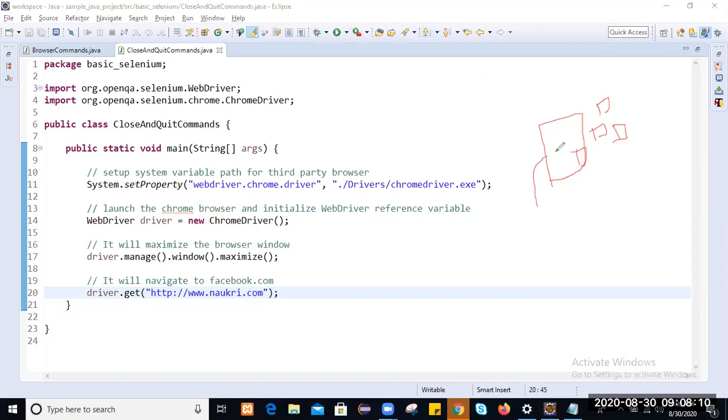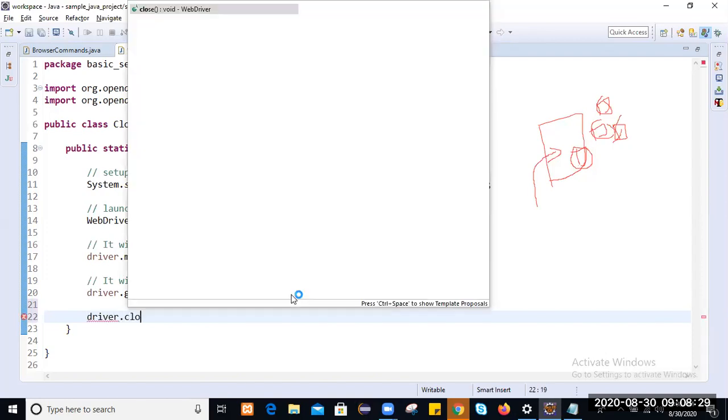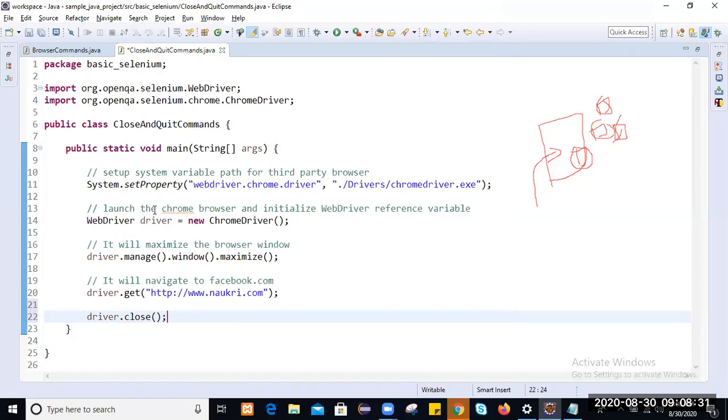Currently, our driver instance is on this main page, and not on the child pages. When you use the close method, only the main browser window will get closed, and it will not close the child windows opened by this driver instance.